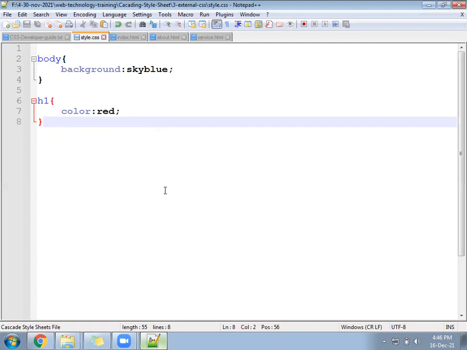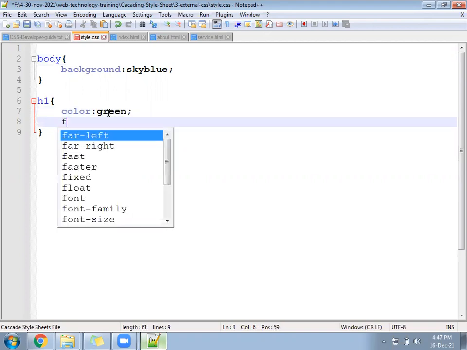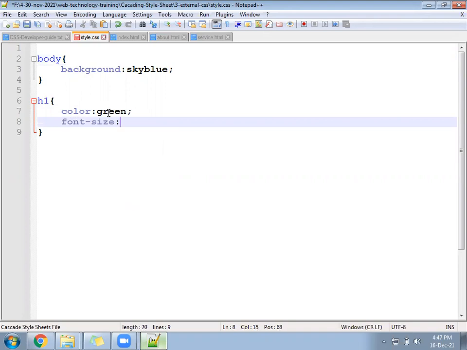Yes. Anyone else has a problem loading the pages? Come to the style.css file. Change the H1 color to something orange or maybe green, and increase the font size a little more.